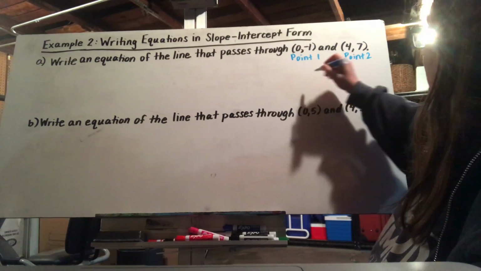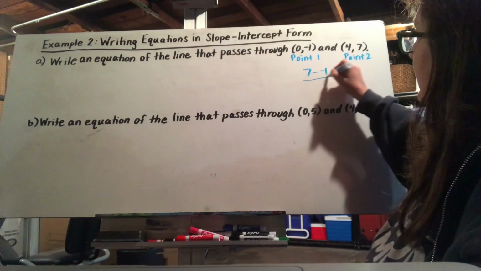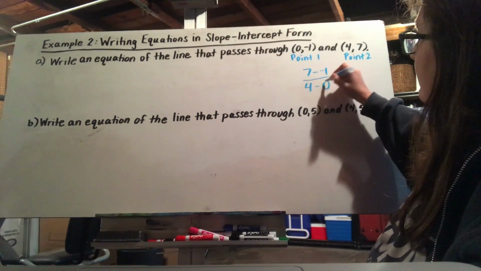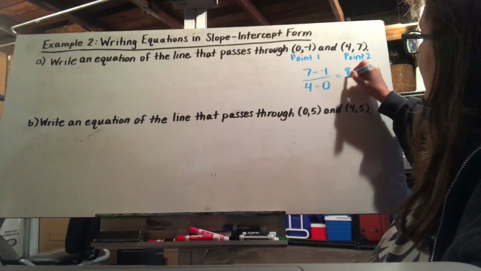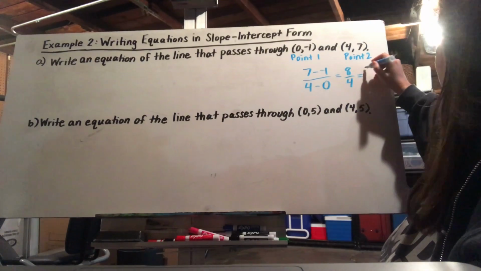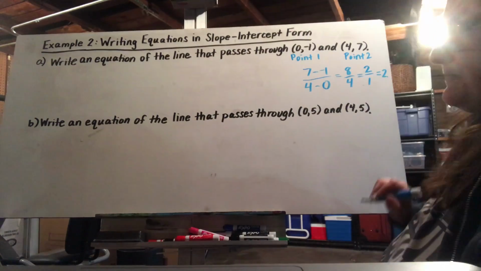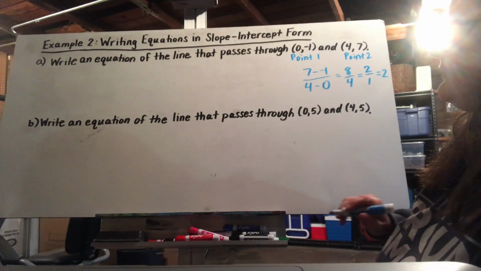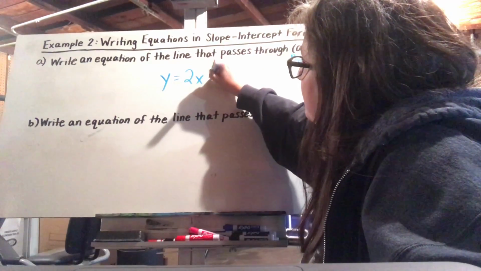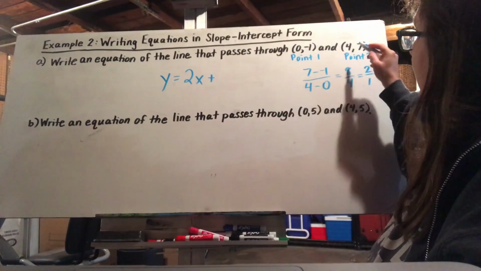So the y from point 2 is 7, minus the y from point 1 is negative 1. The x from point 2 is 4, minus the x from point 1 is 0, and I get 8 over 4, which will reduce to 2 over 1, which is just 2. So my slope here is going to be 2. So y equals 2x plus, when I go back to my points, one of the points they gave me happens